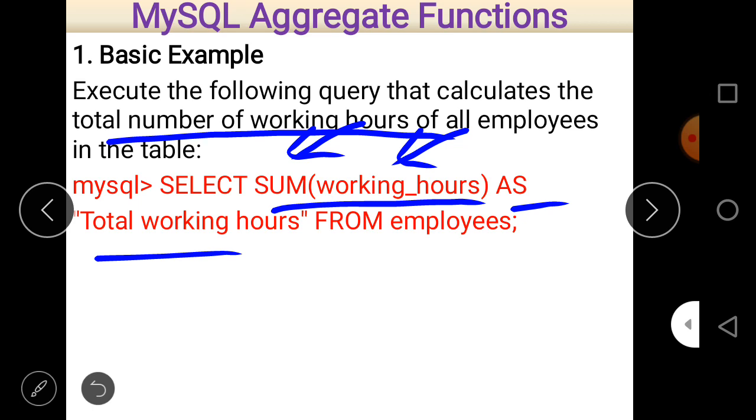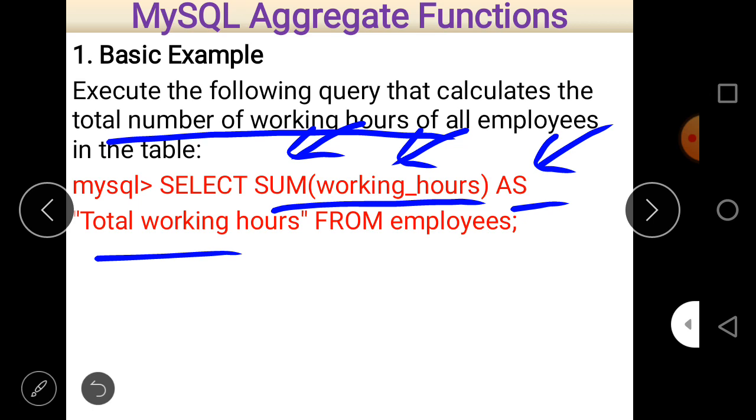And what happens when you write as total working hours is that the output appears with the column name total working hours, not sum working hours. If you don't write it, then the column name is sum working hours, as mentioned in this query. So it is a good practice to write as to give an alternative name to a column, and an examination may also ask you to give an alternative name to a particular column, especially where a function is used.